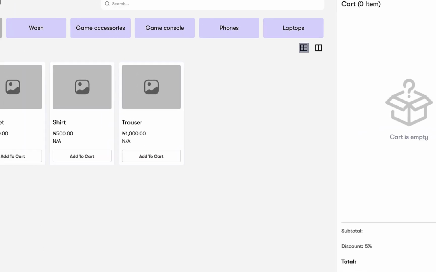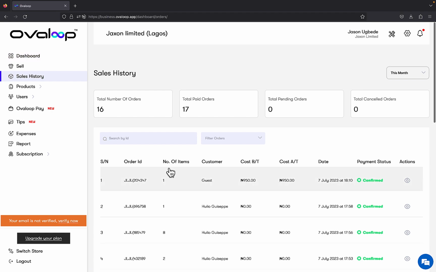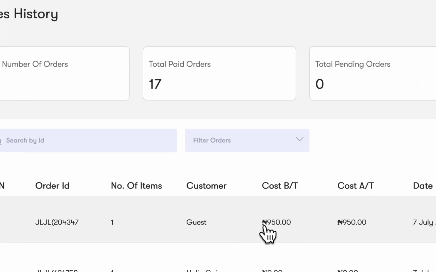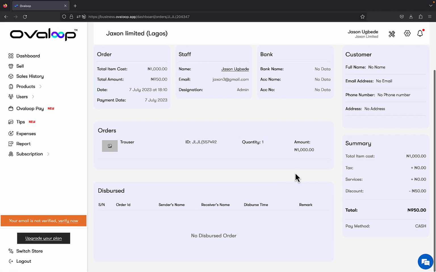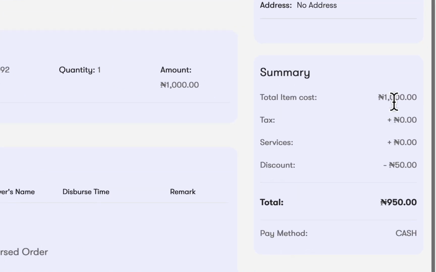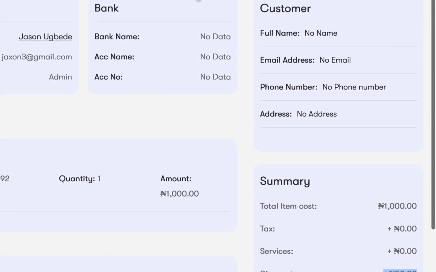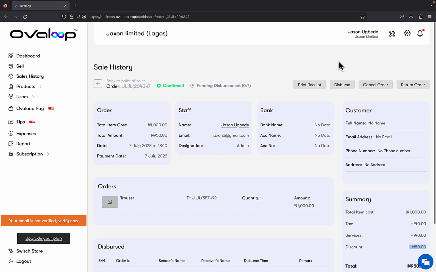Okay, so if you go to sales history and you click on that particular item, you can see it's showing 950 here. So it gives you a breakdown with a discount of 50 naira, total item cost of 1000, but then your total is 950 because of the discount here. Okay, so that's cool. Now the next thing we'll look at here is